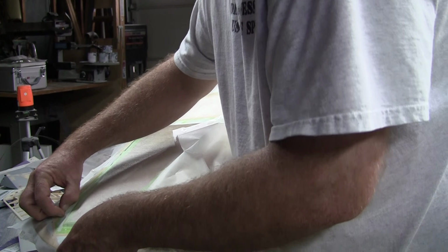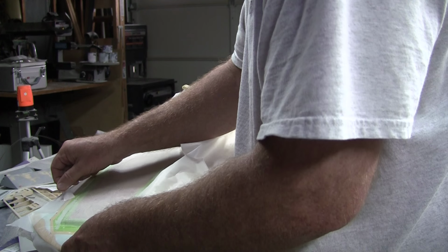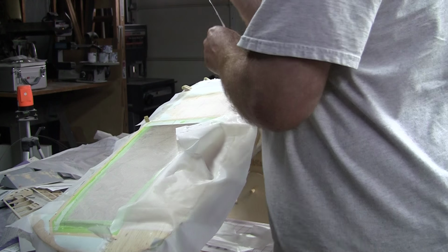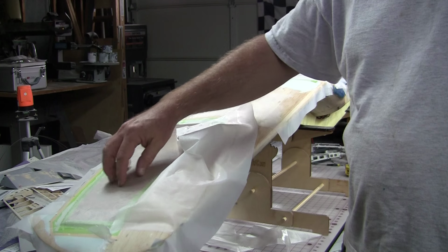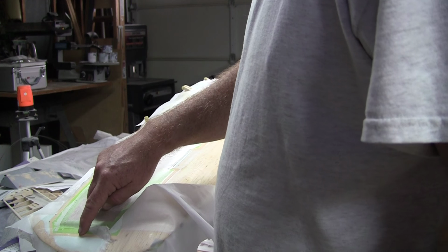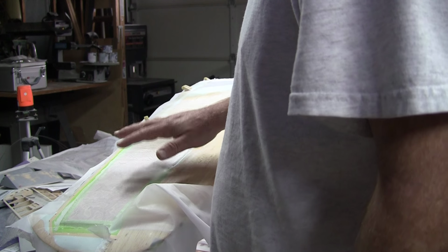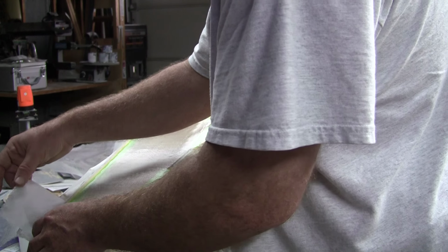And so I've got a little peel ply here, just along the trailing edge. I put a little bit of glass down there. The main reason I did that is because I want to make sure I'm holding the fabric that's covering this open bay area. There's no glued fiberglass here. That's all Solartex. And the edge of the cloth, which is kind of, it's almost balsa colored, which doesn't help, but it's almost orange. This trailing edge is made out of G10, and the Solartex doesn't really want to stick all that well to it, so